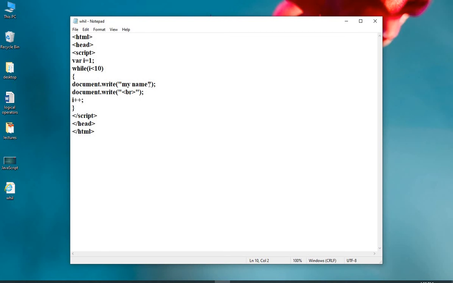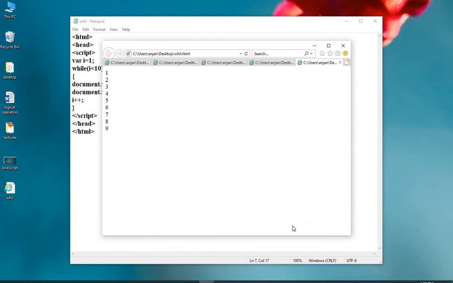Suppose I want to print the first 10 natural numbers. So I can simply write here i, then save the code. Again rerun your code. Now you can see only up to 9 numbers are printed.